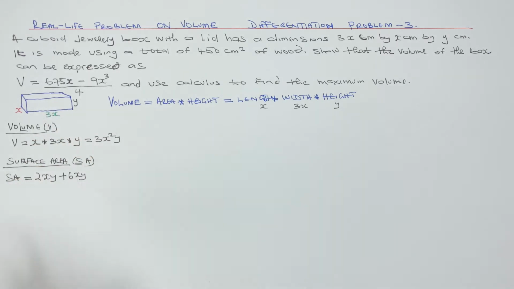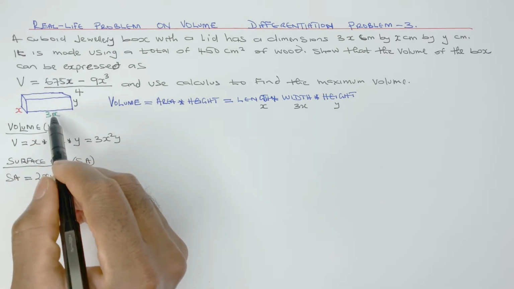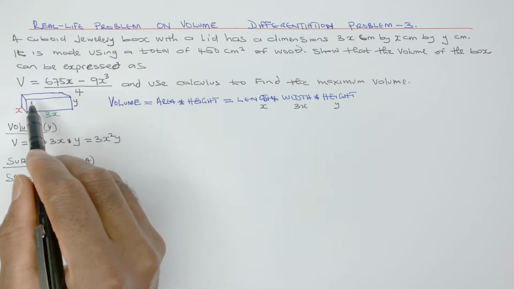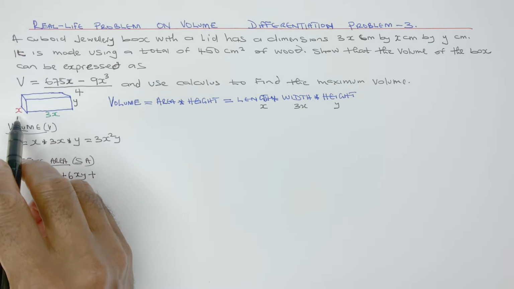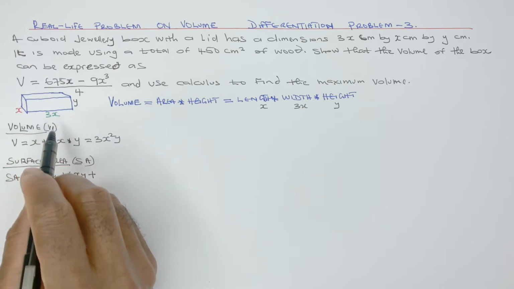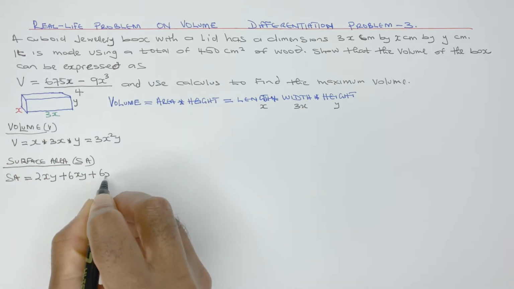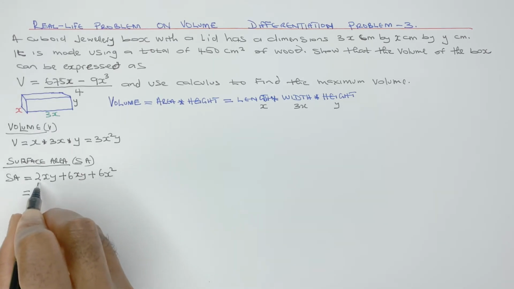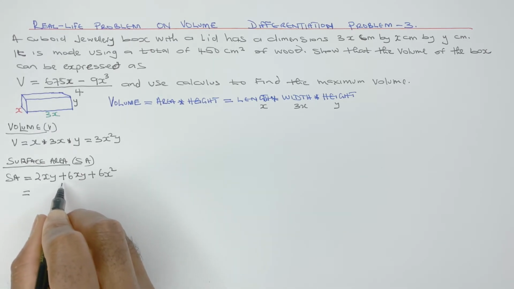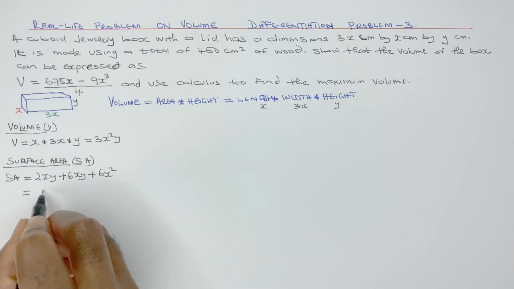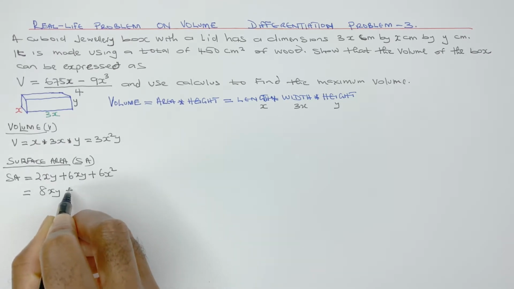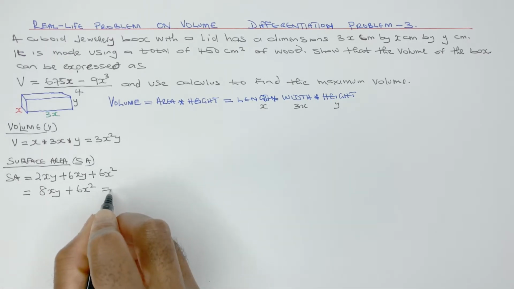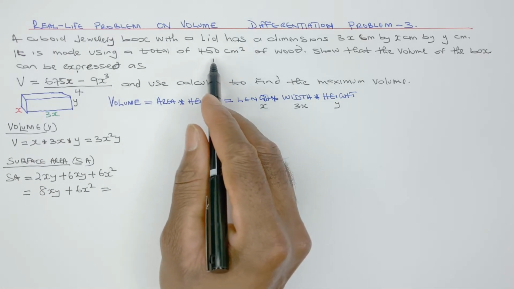Plus, we need the surface area of the top and the bottom, that would be 3x times x. 3x times x is 3x squared, times 2 will be 6x squared. And if we add them together, 2xy plus 6xy would be 8xy plus 6x squared. And that equals the total surface area, which is